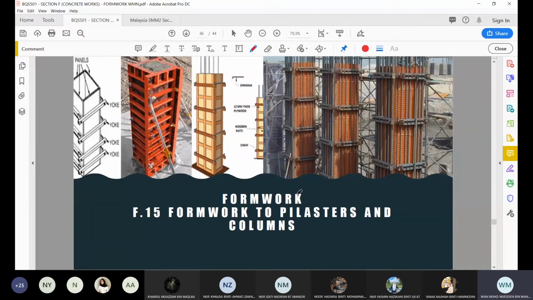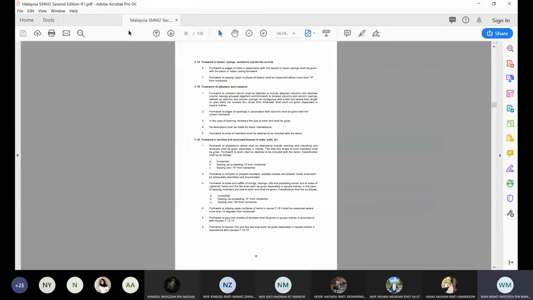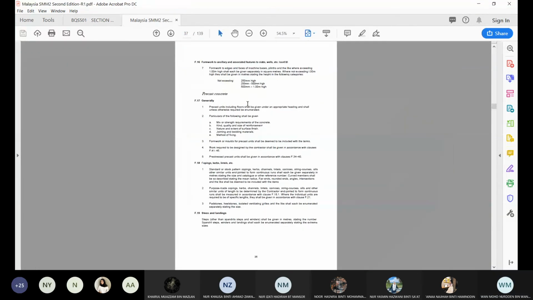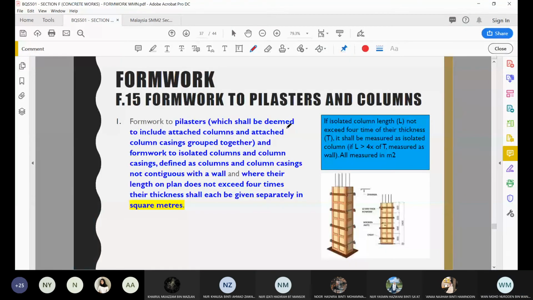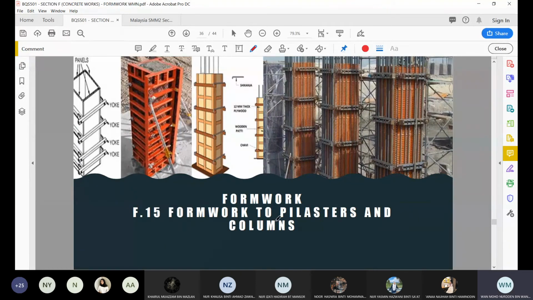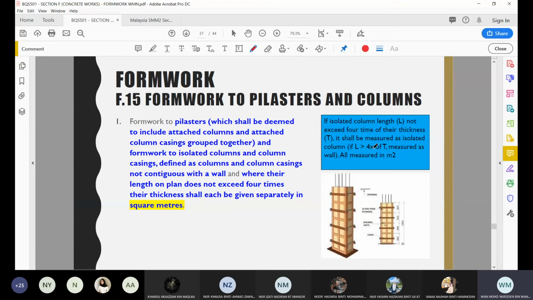And then kita ada F15. Saya habiskan terus hari ni. Next week kita dah boleh masuk contoh untuk buat video dah. Okay, F15. F15 is about formwork to pilaster and column. Column lah. Okay, column. Formwork to pilaster and column, F15.1, formwork to pilaster, we shall be deemed to include attached column